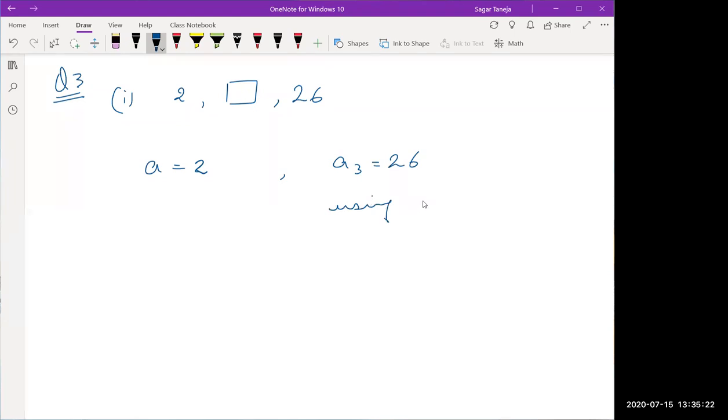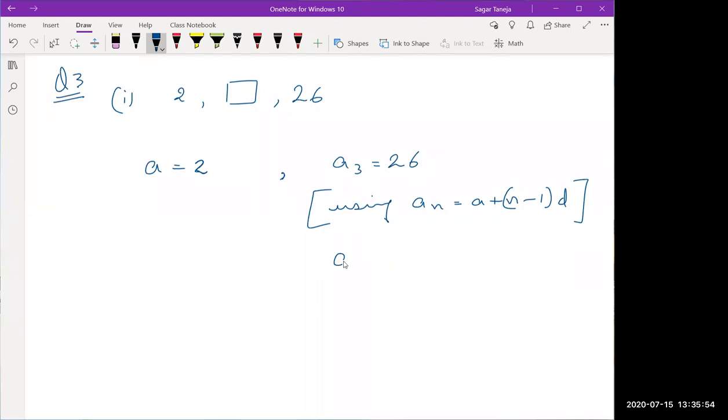Here let us use the formula. An is equal to a plus n minus 1 d. See, why am I writing the formula every time? Because you need to write it in an exam and test every time it is used in the question. Okay, if you want to score full marks in the exam, your motive should be to write each and every step, so that the checker should not be able to cut half a mark from your paper.